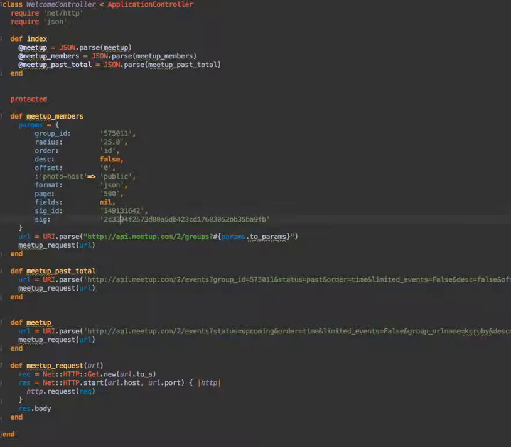Okay, so now that is going to be a lot nicer. Okay, now we're just going to repeat that for each of these. So I'll do that, and then I'll